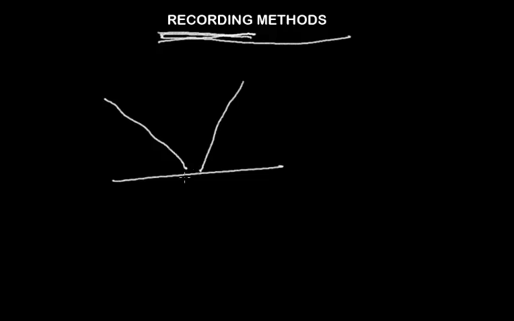So we'll talk about recording methods here. Now, what are recording methods? And before that, what is recording? As we have already discussed in our previous topic, when two coherent light beams A and B are incident